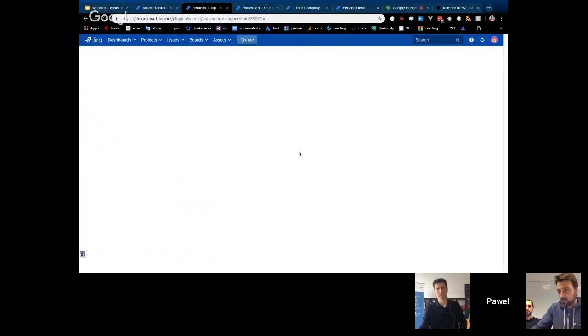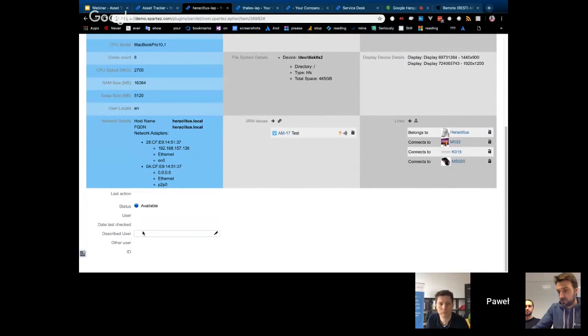Do you have that as part of Asset Tracker? So there were two options. First of all, you can store them as assets, so these assets in your asset tracker could emulate the user. Yeah, that would be one option. The second option is that you can link actual assets to the user in whatever directory you're using on your Jira. As you may remember, when I was clicking here, execute and taken by, there was an update of the field called described user.